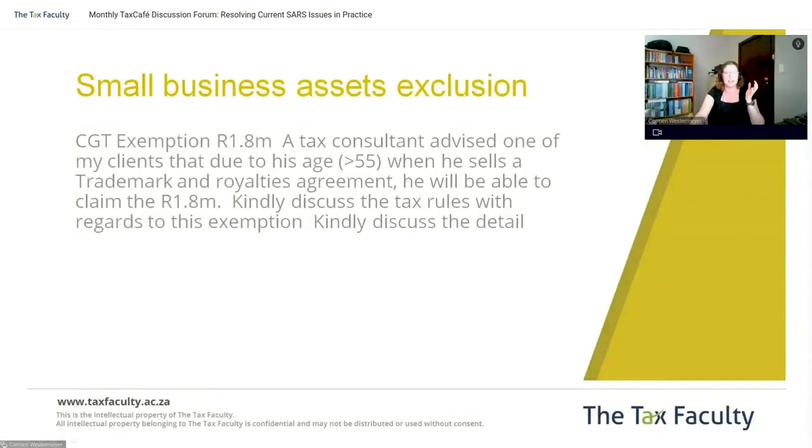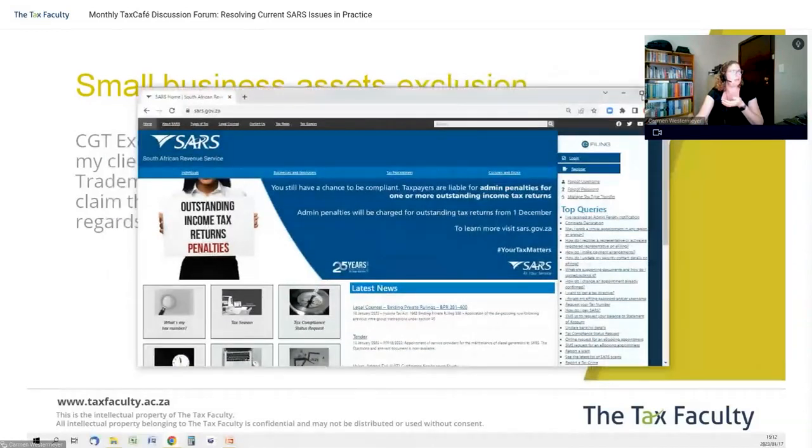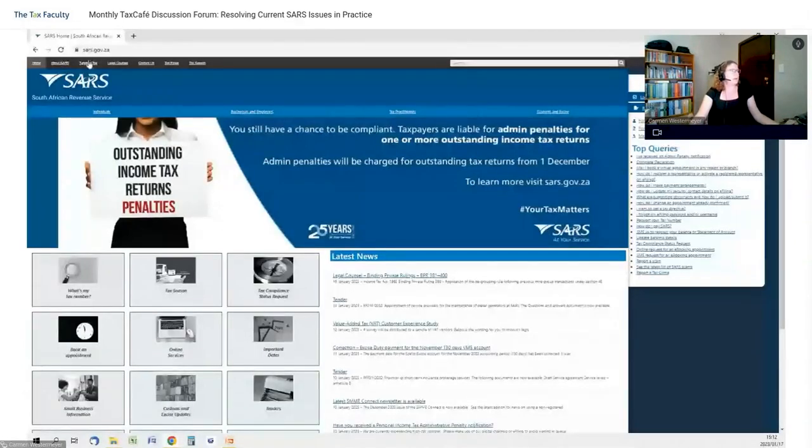exclusion, just because it does start getting quite involved and intricate, and it would mean that I'd have to spend the whole of the session on it. But what I can just say straight off the bat is, if you are interested in reading up on this in more detail, I have put the link into the notes as well, but please go have a look at